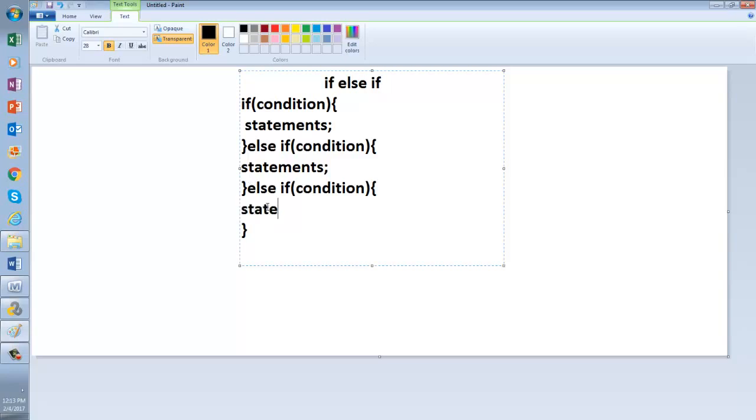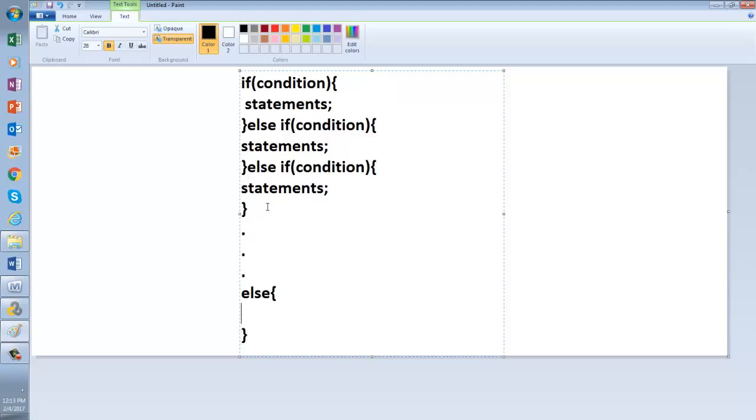I'm saying condition, okay? Statements. Let's say you have something like this. You have some more, and finally you have an else block. So all these are under if.